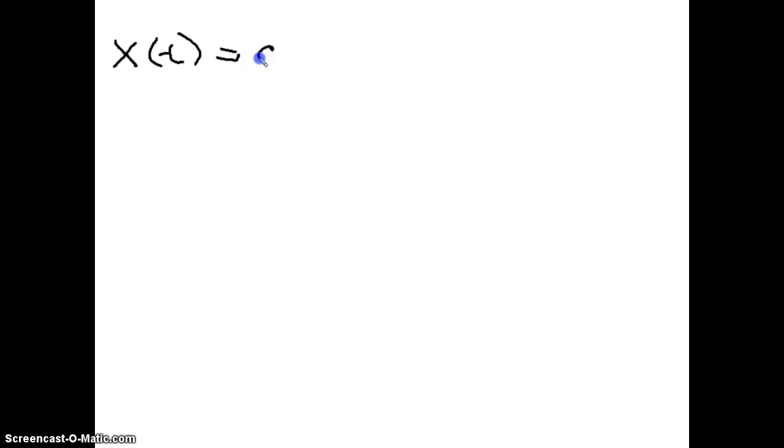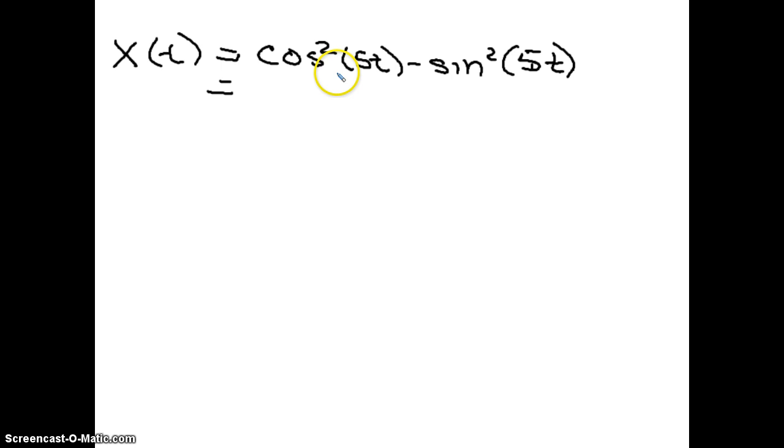equals cosine squared of 5t minus sine squared of 5t. And if you remember, that is an identity. And you better remember because it's been since August. So this is double angle for cosine. So this is cosine of 10t,